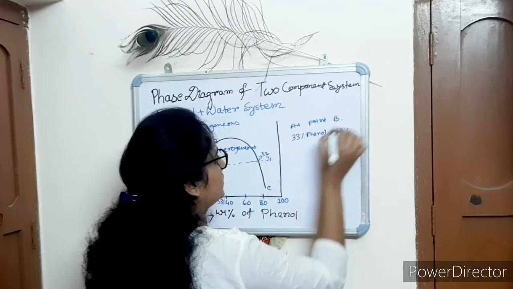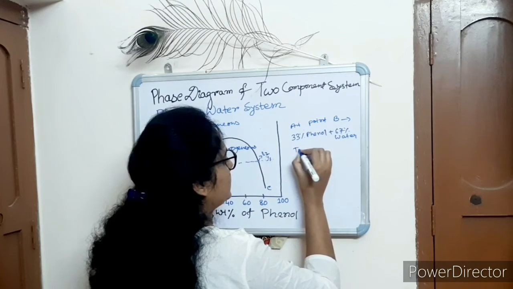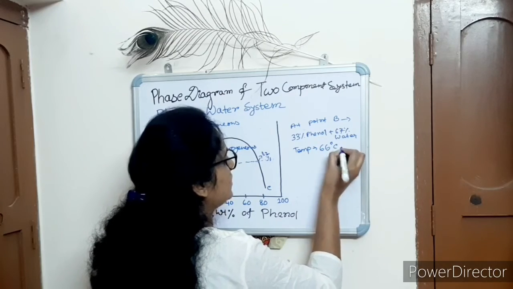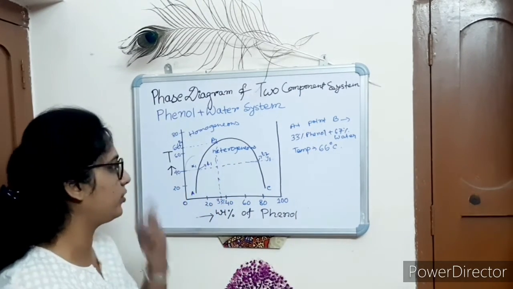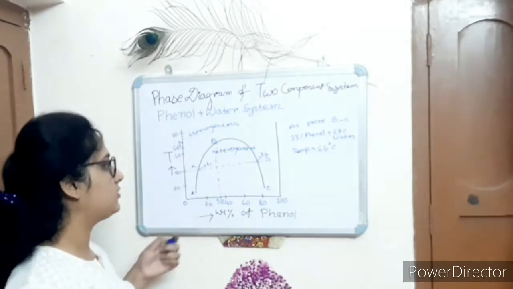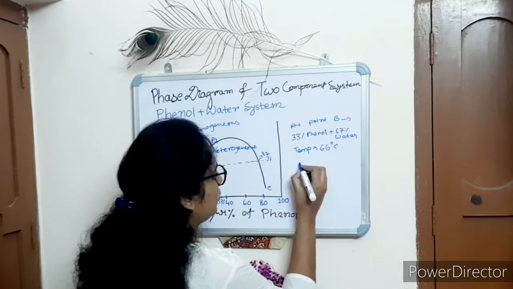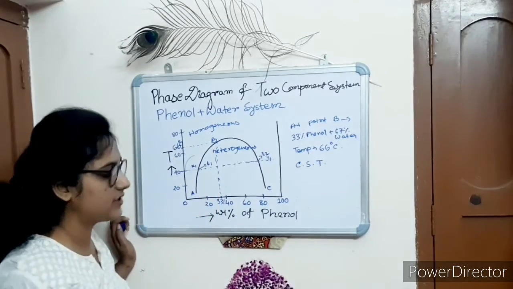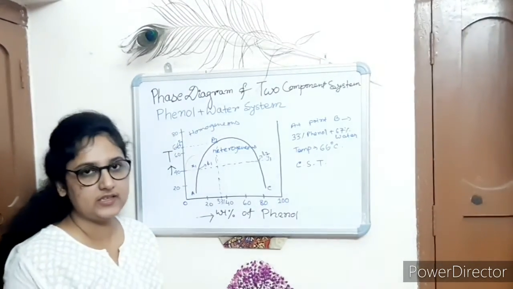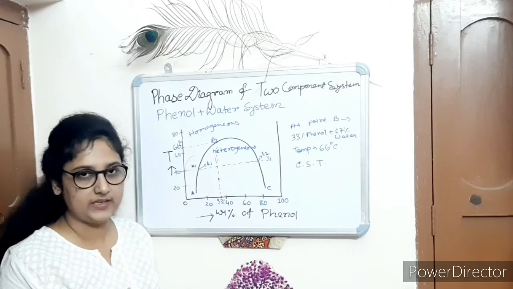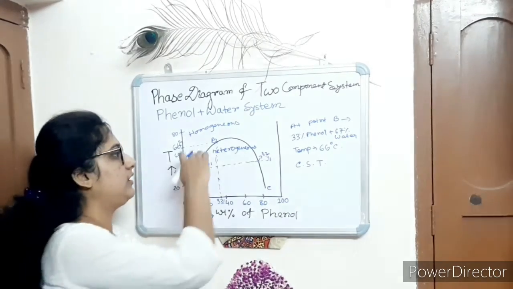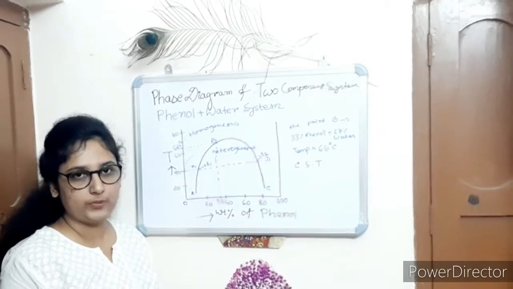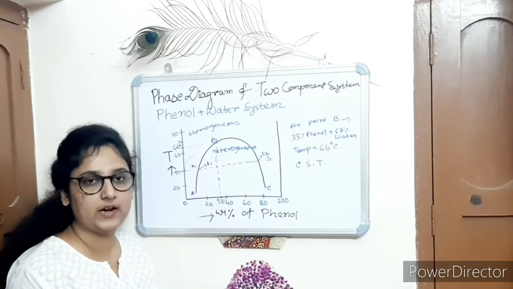This is the composition, and the temperature is 66 degrees Celsius. Now what is the importance of this point B? Actually this point B is known as the CST, that is critical solution temperature, or you can say the upper critical solution temperature, because beyond this temperature, in all proportions, the phenol and water system is